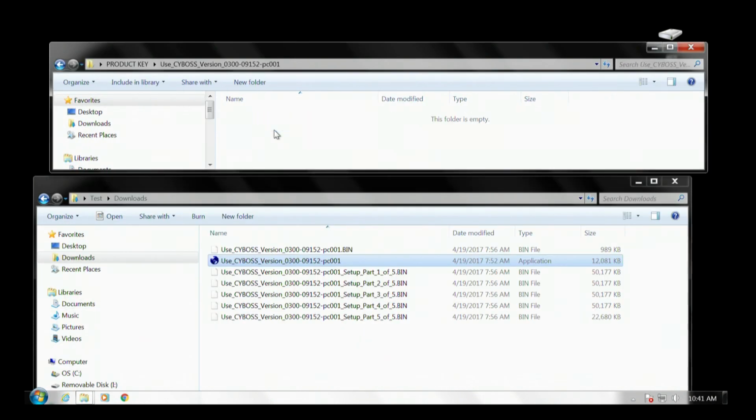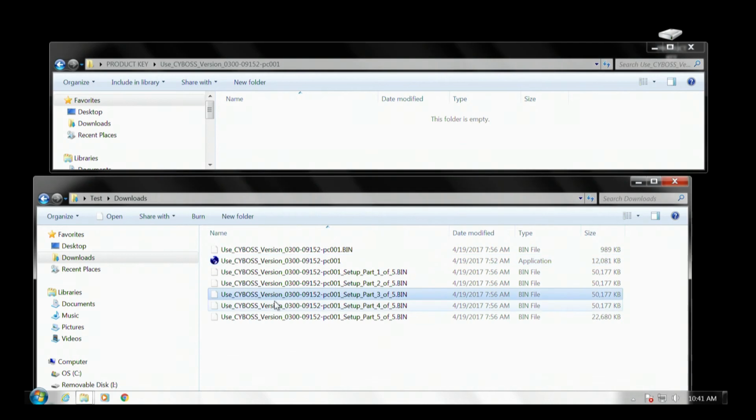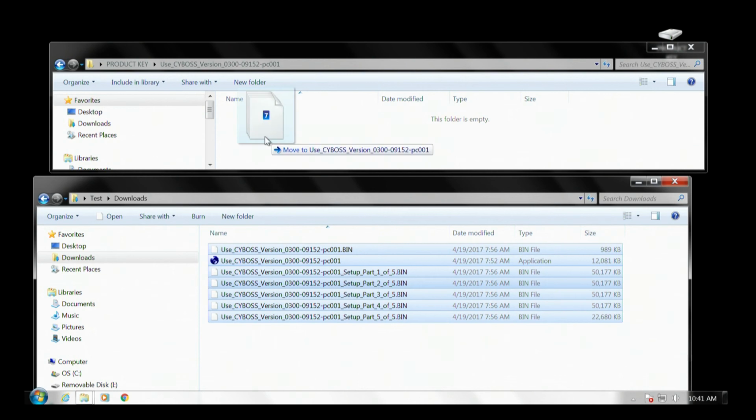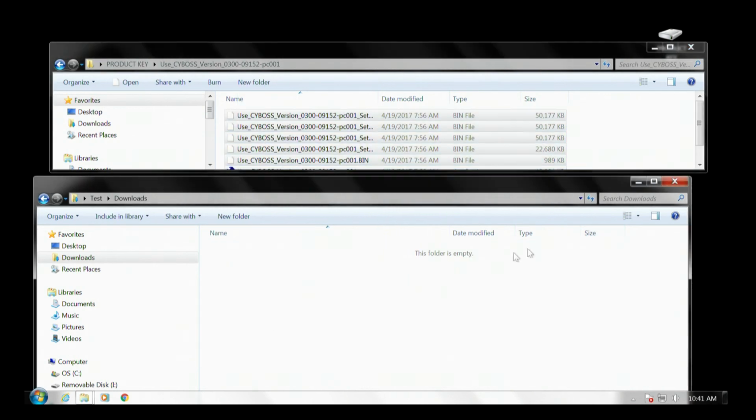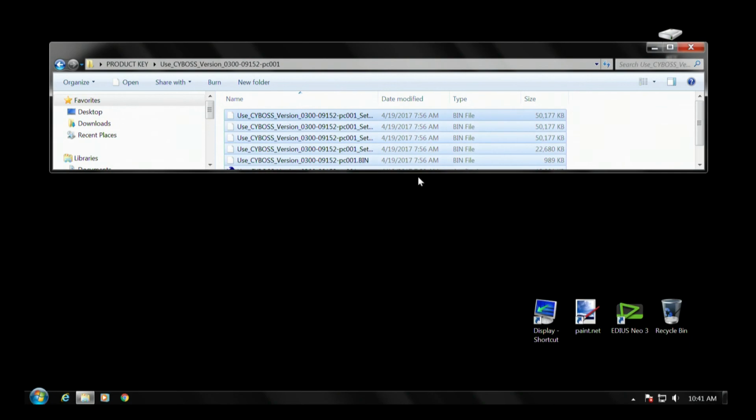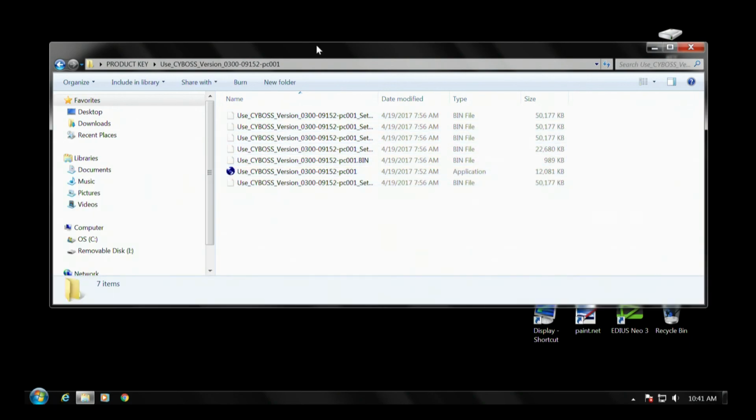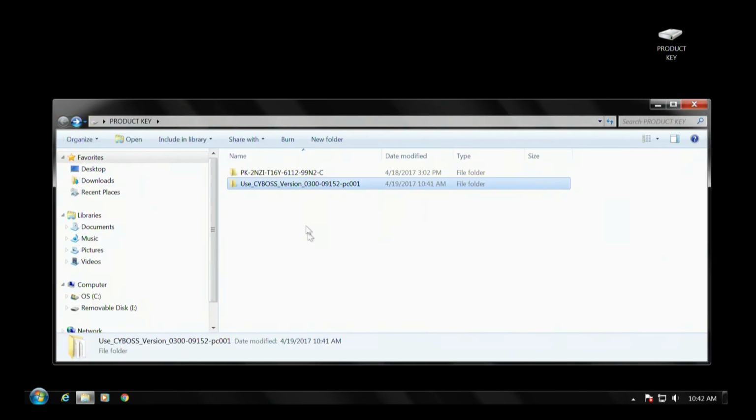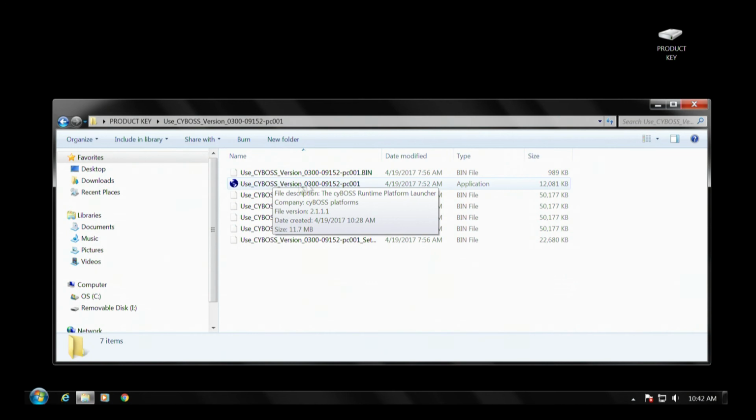Now I want to open that folder up, and I'm just going to hit Control-A to highlight all these, and then move all of these to this folder. So they're no longer in my download directory. If I go back again, here's the folder. I could copy this to a flash drive, and if I want to install this version on any other computer, I could just take it over there and click on the application. You have to have all these bin files in here because it uses them,